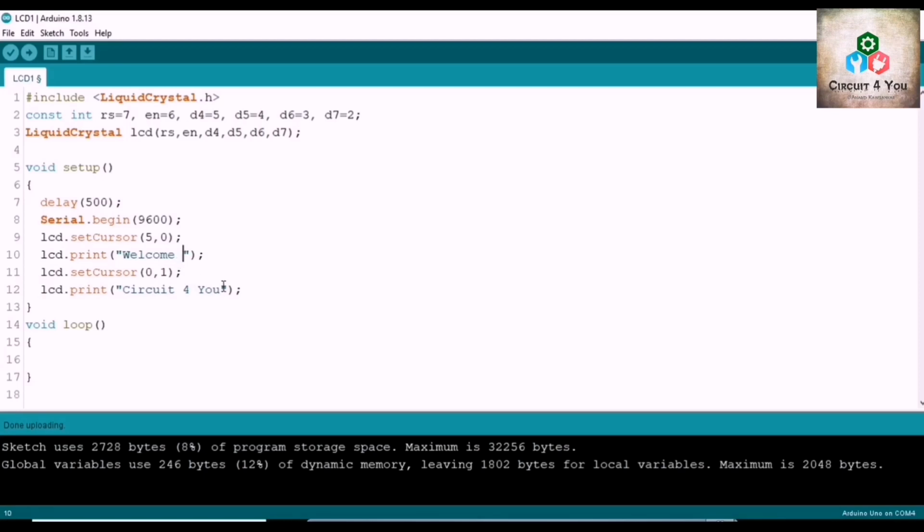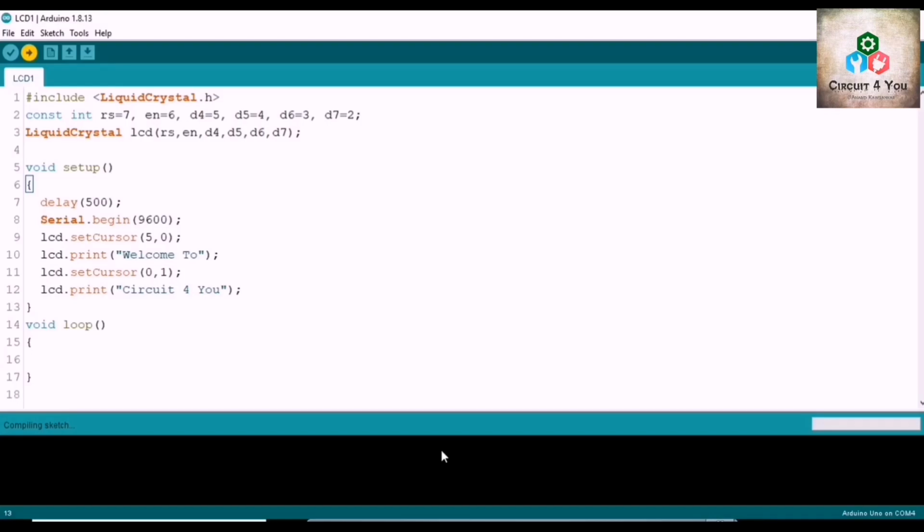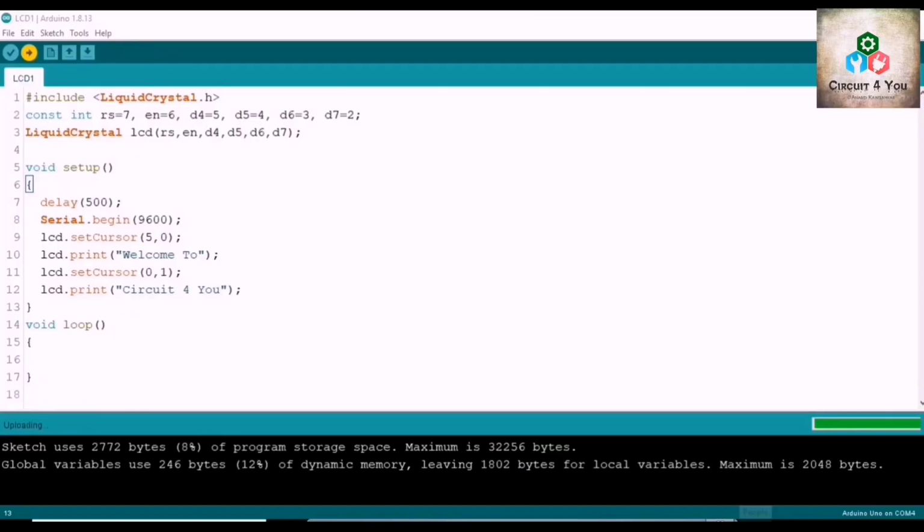In the above welcome command, I will add 2, so my desired output on the LCD is that welcome 2 should be printed on the first row and circuit for you should be printed on the second row. Here we have edited the program. Now let's upload the program.